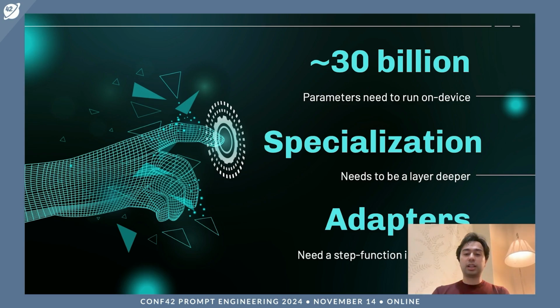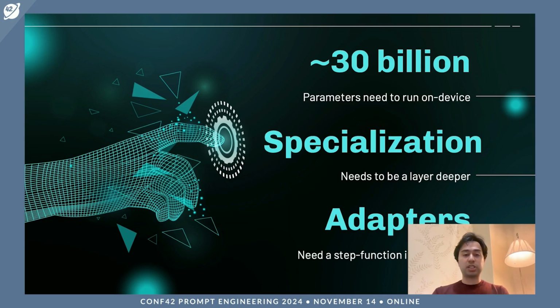To reach this target, I believe we'll have to improve the hardware to be able to run 30 billion parameters on device. I think these 8 to 10 billion parameter models are still too small to have enough information, but we see promising results from 60, 70 billion parameter models. So I'm sure we can make them smaller, perhaps to the size of around 30 billion.